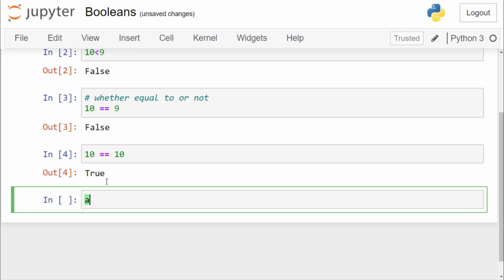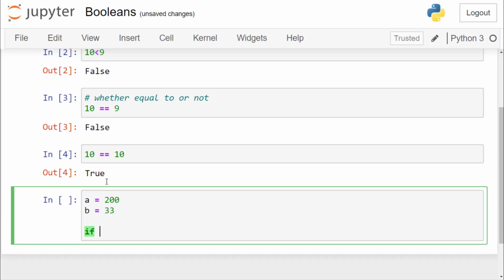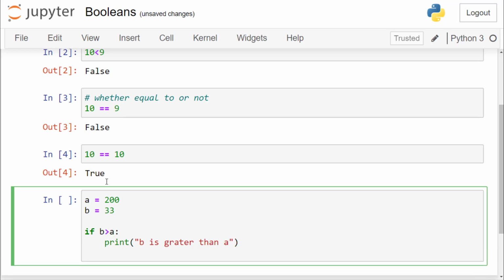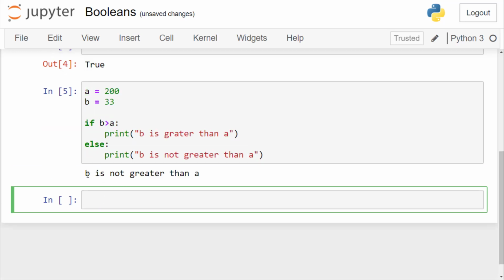For example, A is 200, B is 33, and I'll say if B is greater than A, then print B is greater than A. Otherwise, or say else, print B is not greater than A. Here we got an output of B is not greater than A.